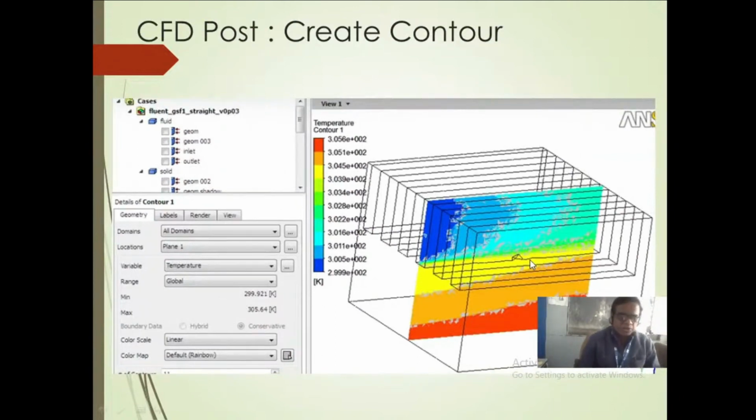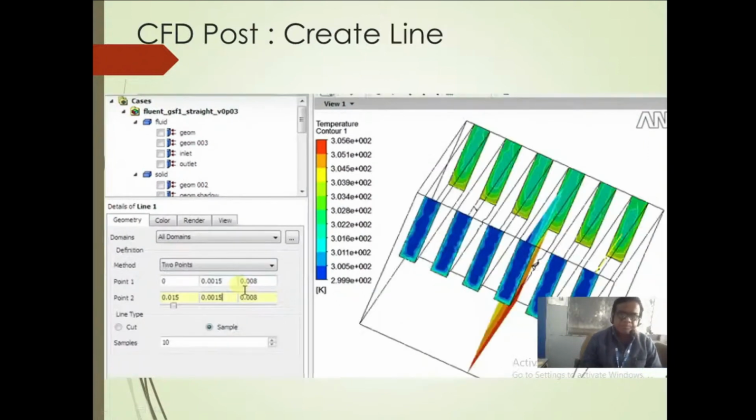Then you can see the temperature contours, because it is related to heat transfer. Most people are very much interested in what kind of temperature change there is. You can see at the base it is red hot, and slowly the temperature changes. The outlet temperature of the fluid we will get from this image. Then you can see this image of temperature contour at inlet and outlet.